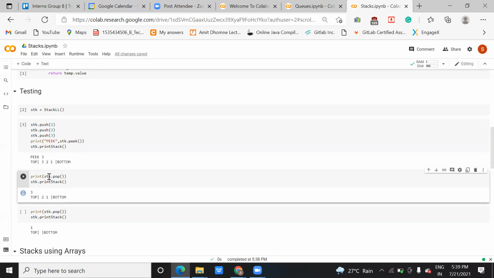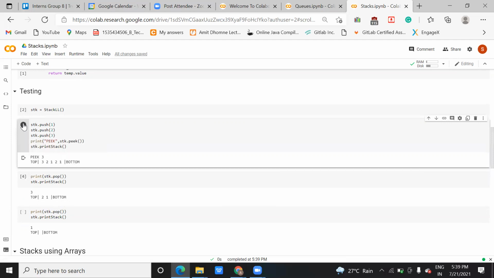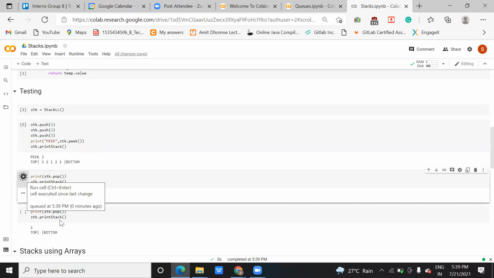As you perform pop operation, the element will also keep on updating. Like here, peek is pointing to the last element, and once you did the pop operation, it is pointing to 3 now. Let me run this. Once you do pop operation, it will pop and it will print 2121. Why is it coming 2121? I have added 1, 2, 3. So peek is 3. 321. Okay. Why is it coming?